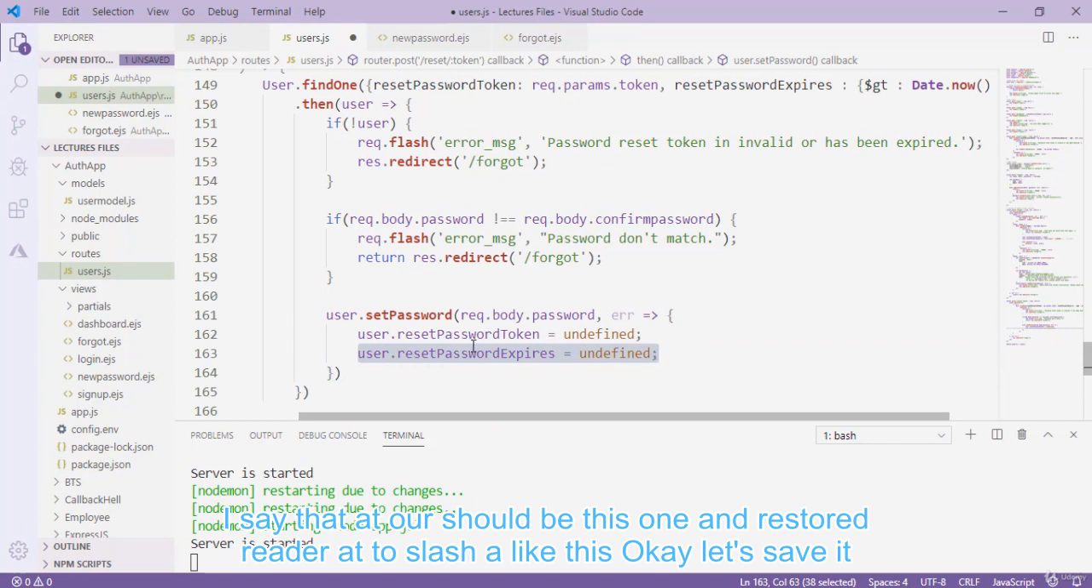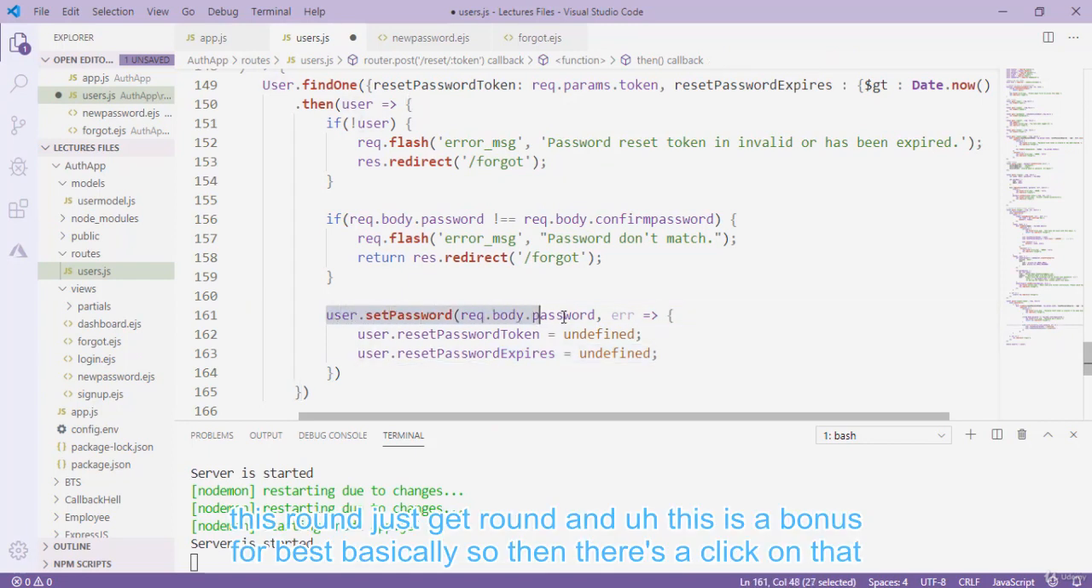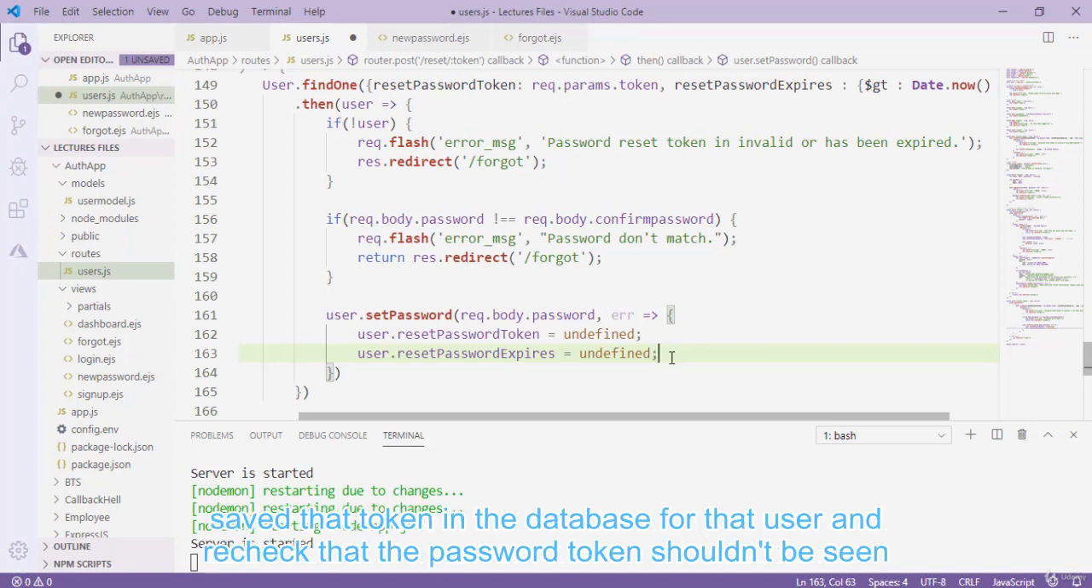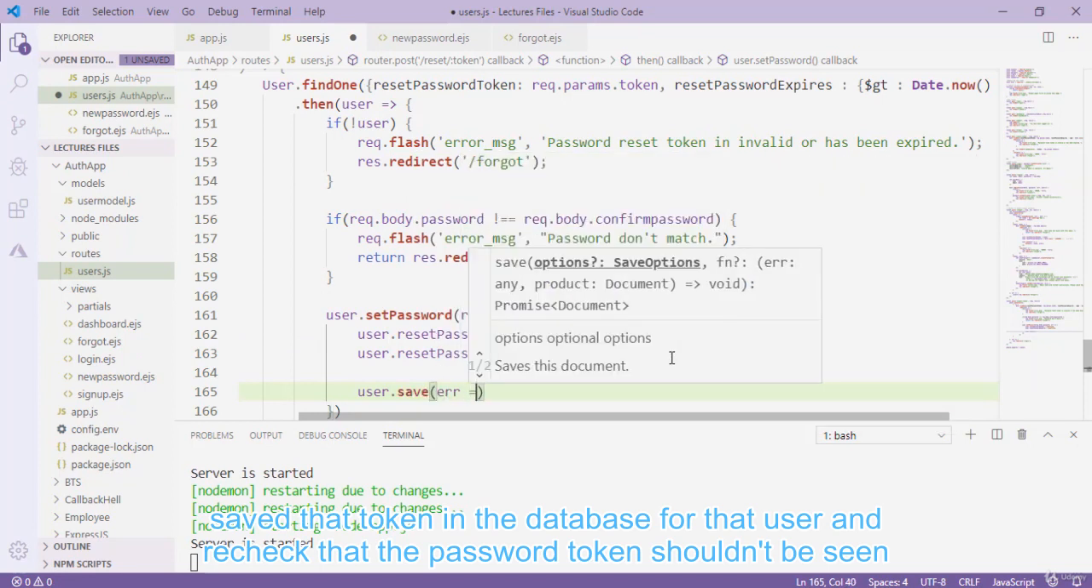Okay, now if the user has changed the password successfully, we have to make those two fields in the database undefined so that the user cannot change the password again with that token. This token is only valid one time, so that's why we have to change it to undefined. After that we also have to save the user, so I simply type user.save, and I pass a callback here,